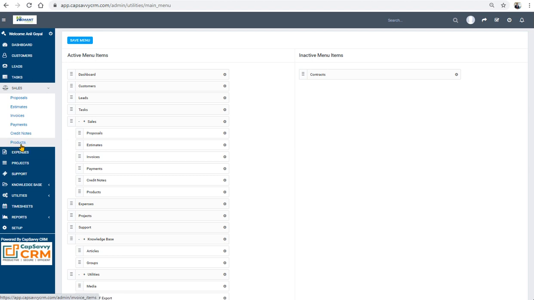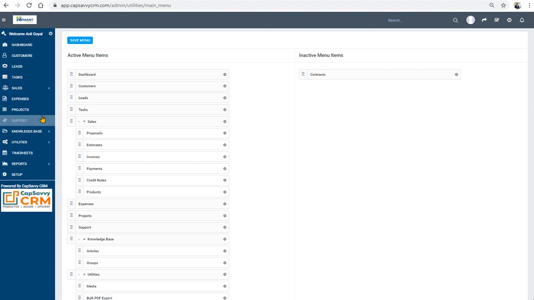Now if you want to see that product in the main menu, that also you can see, or other things also you can see later on, or all other items also you can bring out. Very simple, just bring that product to here. So now it will appear in the main menu, but it is not very important, so let it be in the sales section only, below sales. So it has now come below sales and save menu.